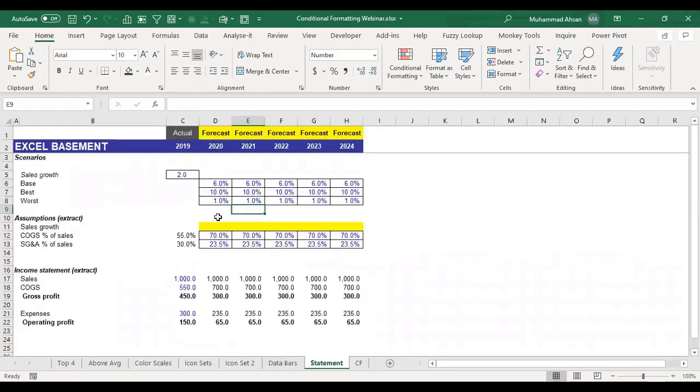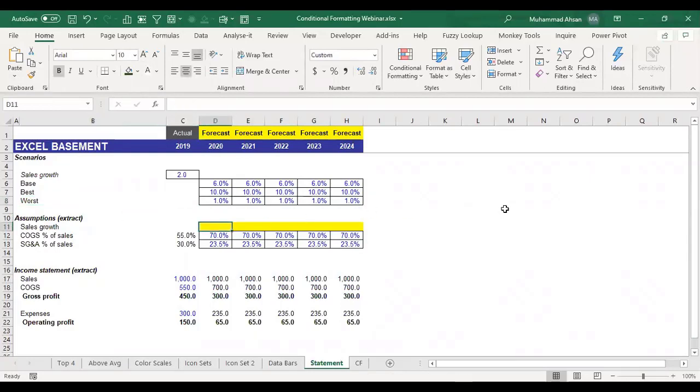Okay, the seventh situation, which is again very interesting, we have a small PNL and we will be applying conditional formatting on this statement. So first, let me create a logic here to get the percentage of one of the scenarios in which the company wants to see their PNL for the next 5 years as a forecast. So the company has made three situations: base, best, and worst. Okay, and they are forecasting that with 6% of growth they are on base, with 10% of growth they are on best, and with 1% of growth for the next 5 years for the worst.